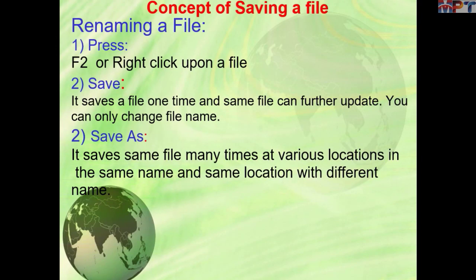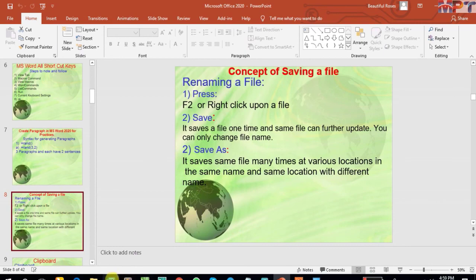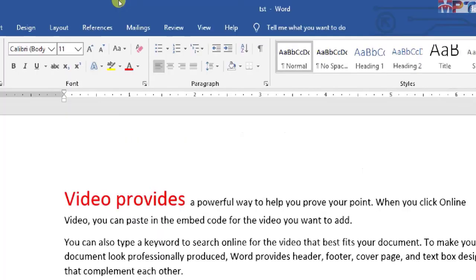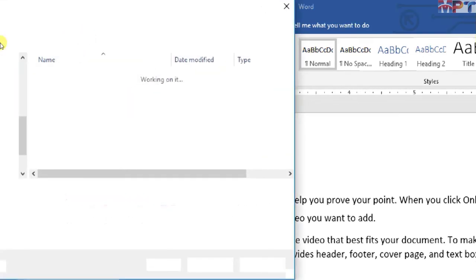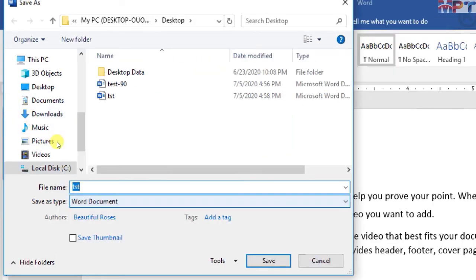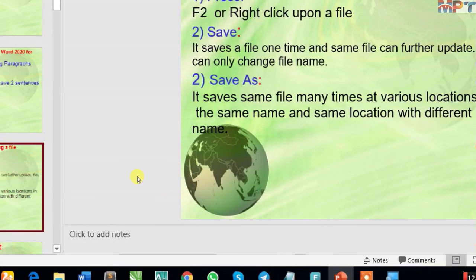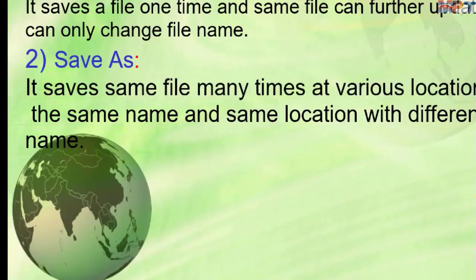As you see here, renaming is F2. Okay, Save is Ctrl S, the shortcut, and the shortcut of Save As is F12. Okay, for example, click here and press F12. Okay, you can also Save As. And one other topic is, just see here,